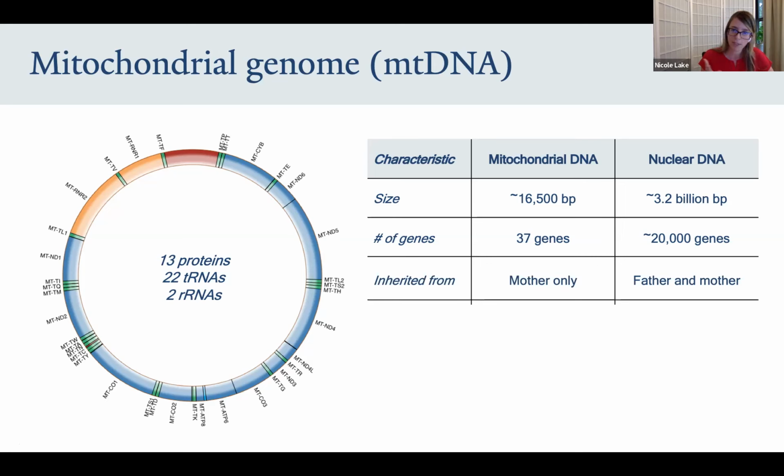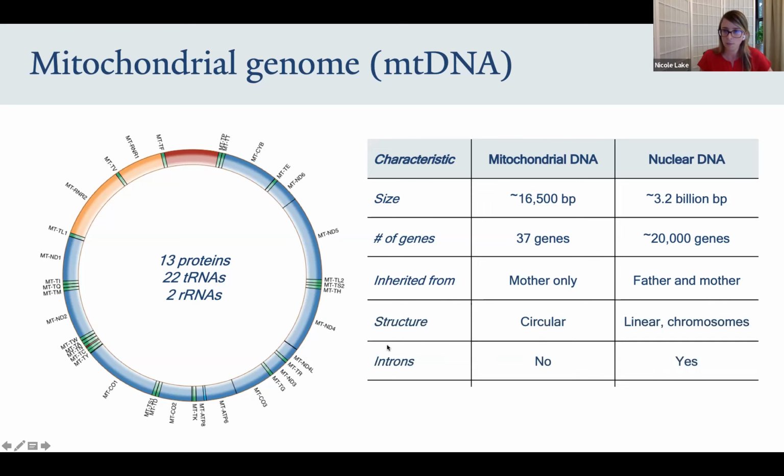The mitochondrial genome is, of course, maternally inherited, unlike the biparental inheritance of the nuclear genome. And it also has a number of structural differences. This includes being of circular shape, which reflects its prokaryotic ancestry, as well as some other differences. So, for example, the mitochondrial genome does not include introns, and so splicing is not relevant in the mitochondria. A key difference between the two genomes is their copy number.